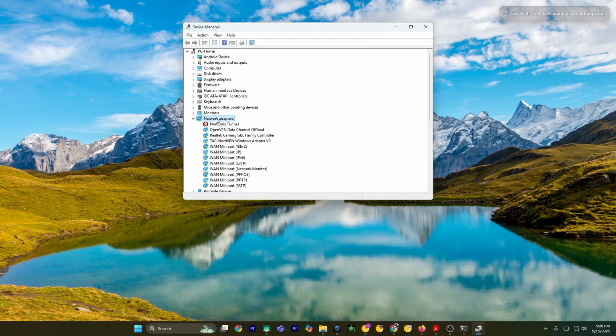not. But if you're not able to see this button called scan for hardware changes, you can go to the actions. Here you'll be able to see scan for hardware changes and check if this option solves the issue or